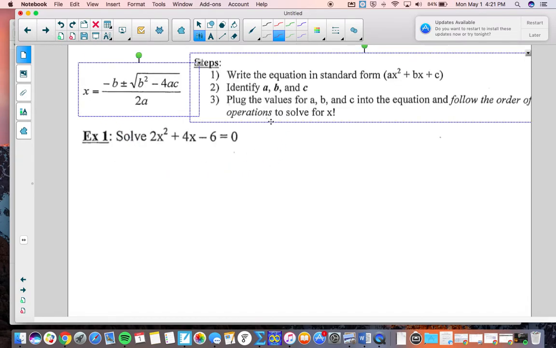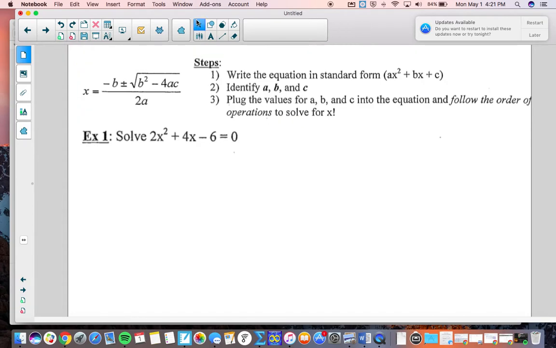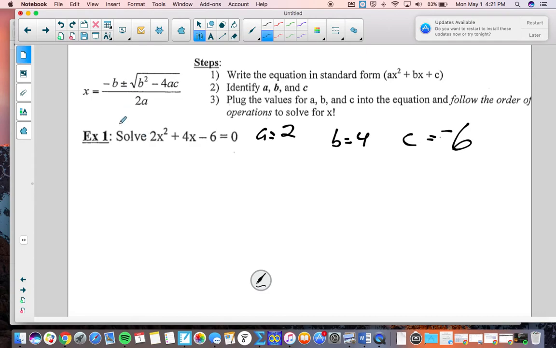Let's try this. So write the equation in standard form. It is. Now we're going to identify our A, B, and C. So A is 2, b is 4, c equals negative 6. So we do the opposite of b, negative 4 plus or minus the square root of,